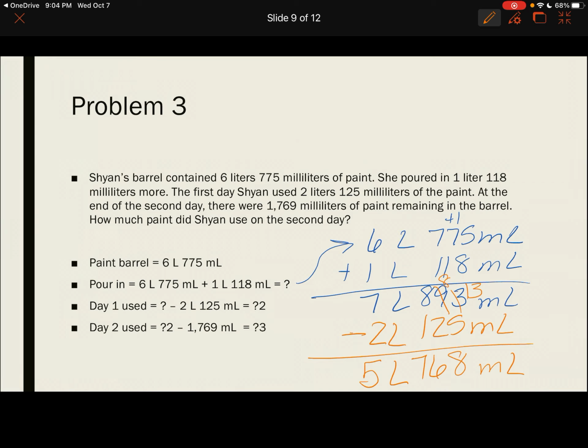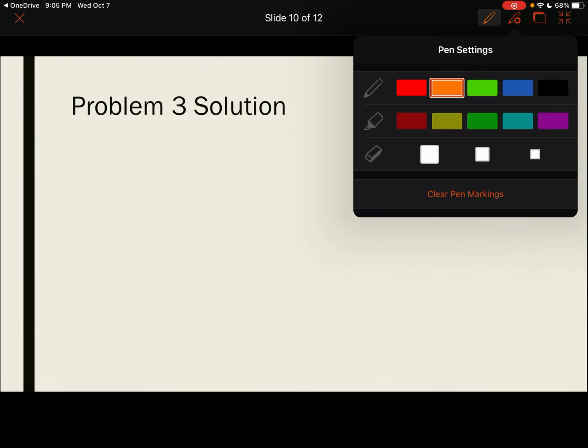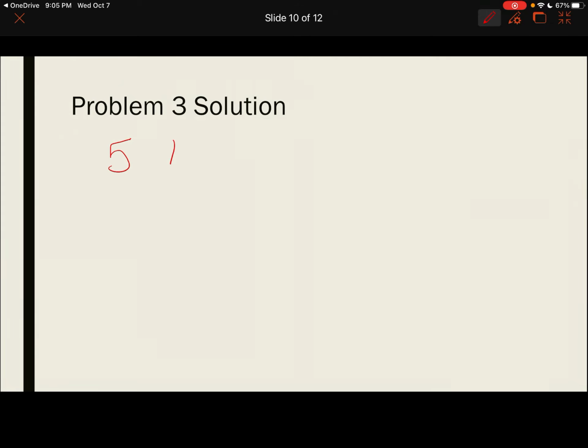But then it says for day 2, she had 1,769 milliliters left in the paint barrel. How much did she use? So what we are going to do on our next slide is we're going to take the amount that we have here and we're going to subtract what she had remaining in the paint barrel to figure out how much did she use on that second day. So that is 5 liters, 768 milliliters,